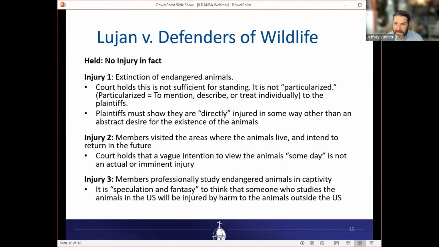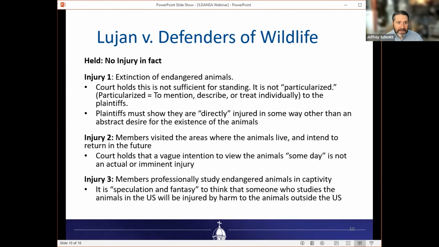That's the idea here, is that we want a plaintiff who is actually injured by the law, challenging the law, so that they have an actual stake in the case. And we have a plaintiff who is adverse to the defendant and they're fighting it out and presenting the strongest arguments on both sides. Here, the court says, well, these environmental groups, they're not injured in any sort of particularized individual way. They're just upset that these animals could be killed.